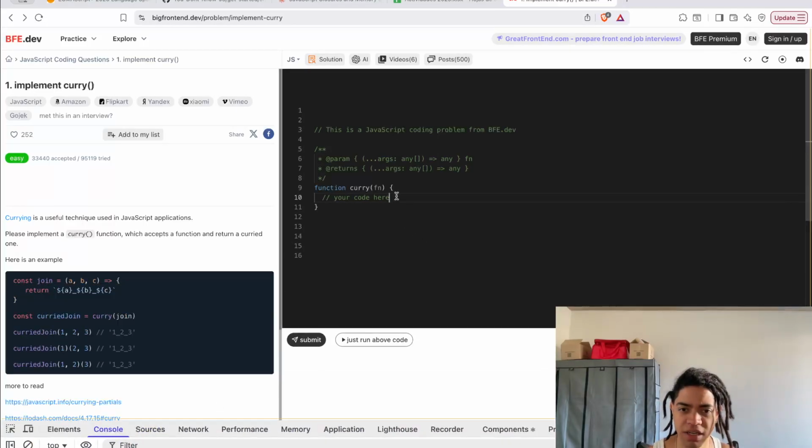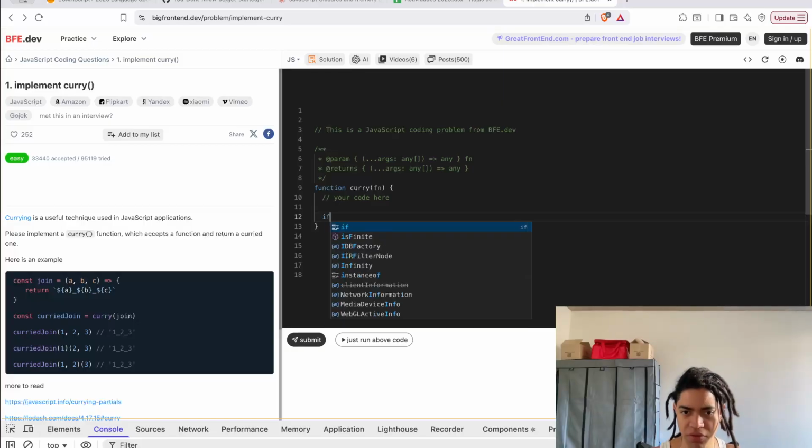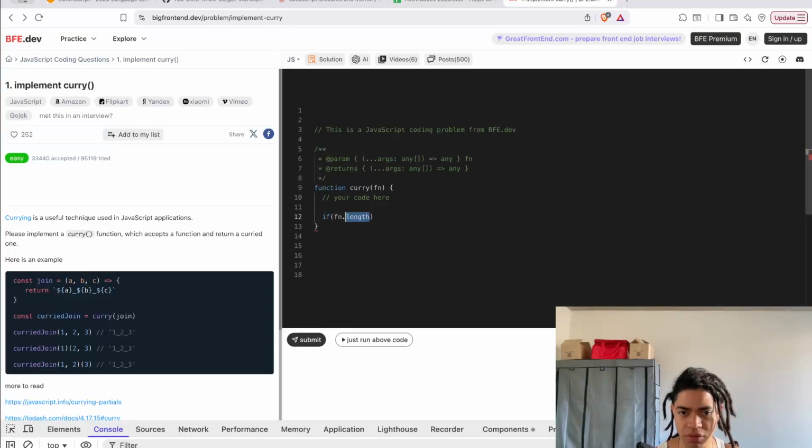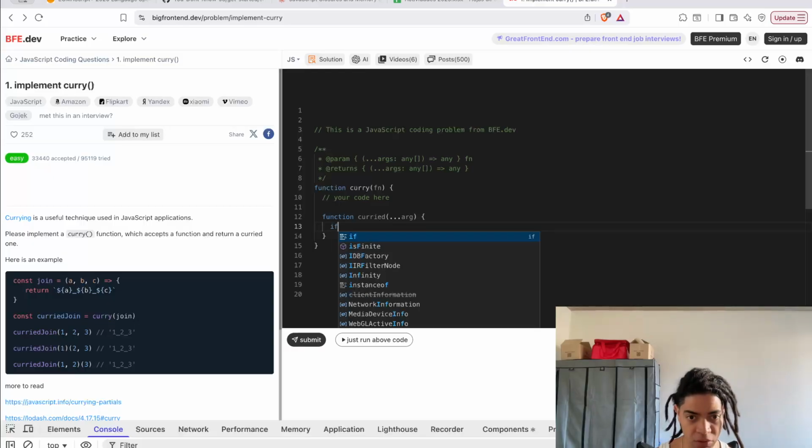So I know that I need to verify somehow that the length of this function's arguments is greater, if we already have that length, right? If we already have that argument length. So the way to do that is by saying, hey, this query function where I'm going to receive these arguments, okay? If the first time we receive that, we already have all of them,